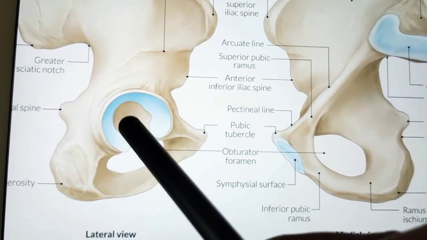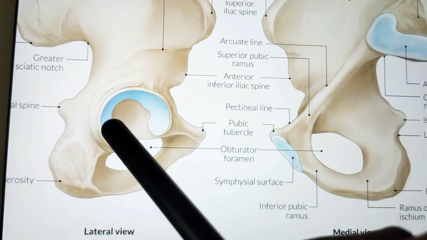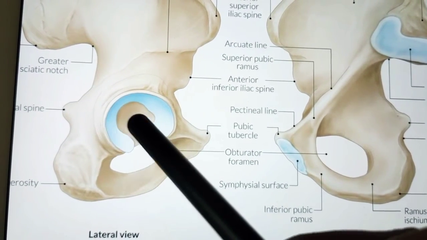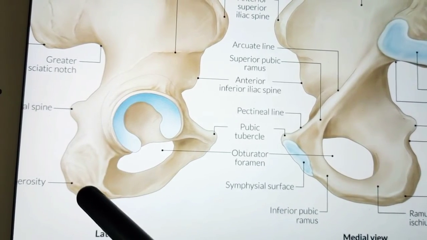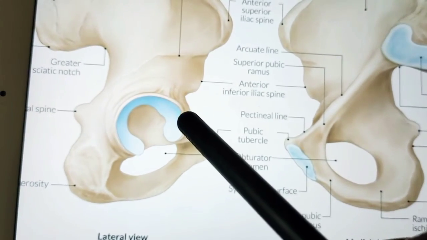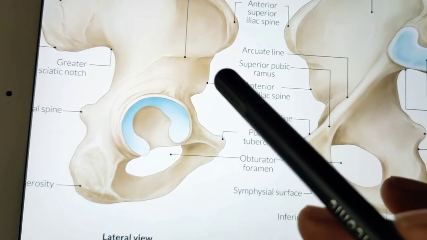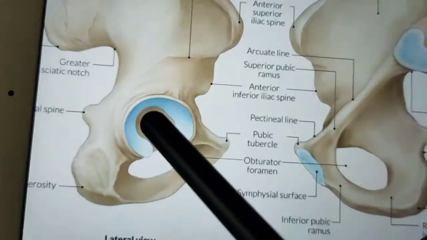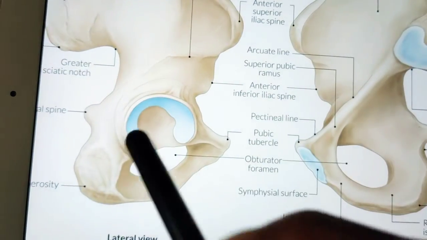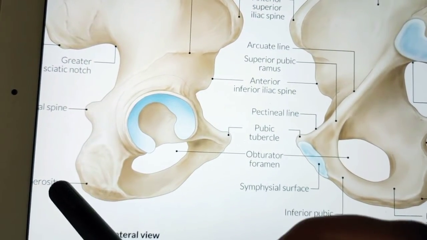So now we'll check out the upper end. The upper end forms the posterior inferior two-fifths of the acetabulum, and the ischium, ilium, and pubis fuse with each other at the acetabulum, okay. This point we have been seeing from the beginning of all hip bones, right? And the lower end forms the ischial tuberosity. So if you see the lower end, this one, this is the ischial tuberosity.